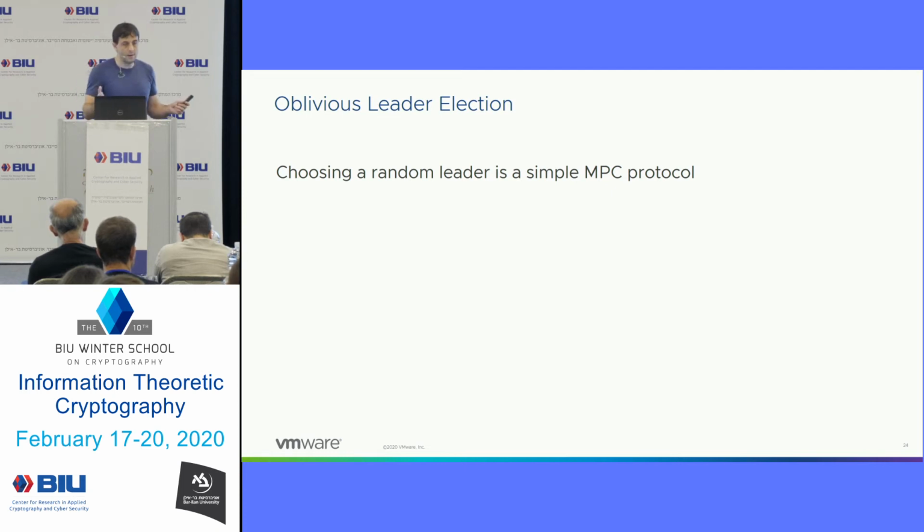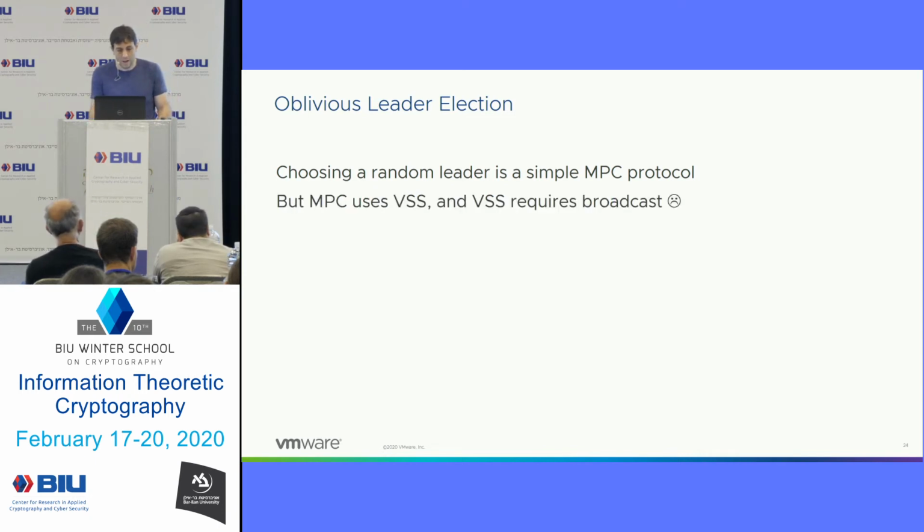And if you had 3f plus 1 and you have multi-party computation, then you can easily implement leader election. This is kind of a simple, I guess, linear MPC. But the problem is that as you've seen, as you will see, multi-party computation requires verifiable secret sharing, and the